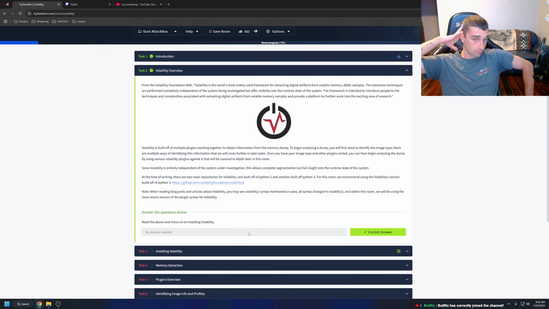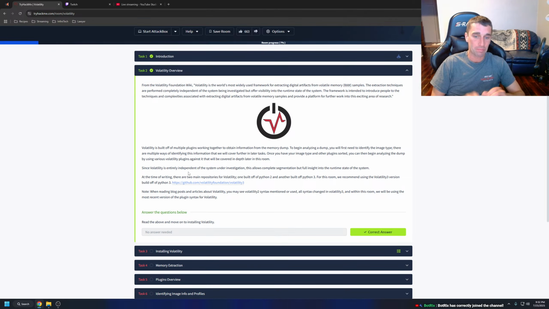To begin analyzing a dump, you will first need to identify the image type. There are multiple ways of identifying this information that we will cover further in later tasks. Once you have your image type and other plugins sorted, you can then begin analyzing the dump by using various volatility plugins against it that will be covered in depth later in this room. Since volatility is entirely independent of the system under investigation, this allows complete segmentation but full insight into the runtime state of the system. At the time of writing,